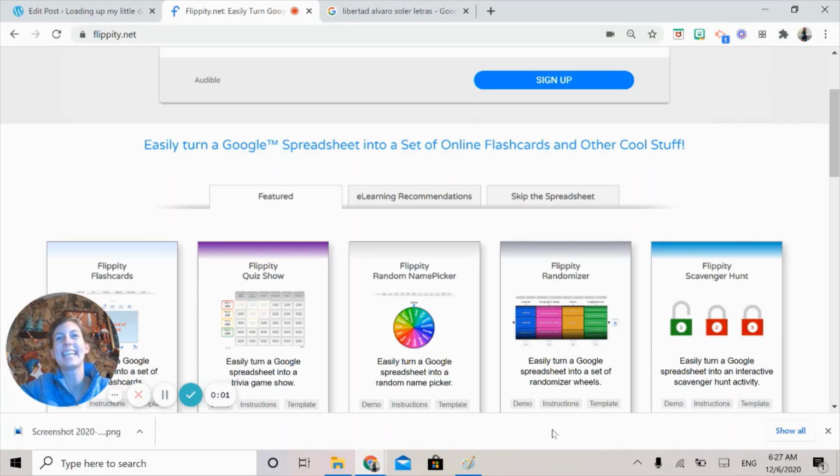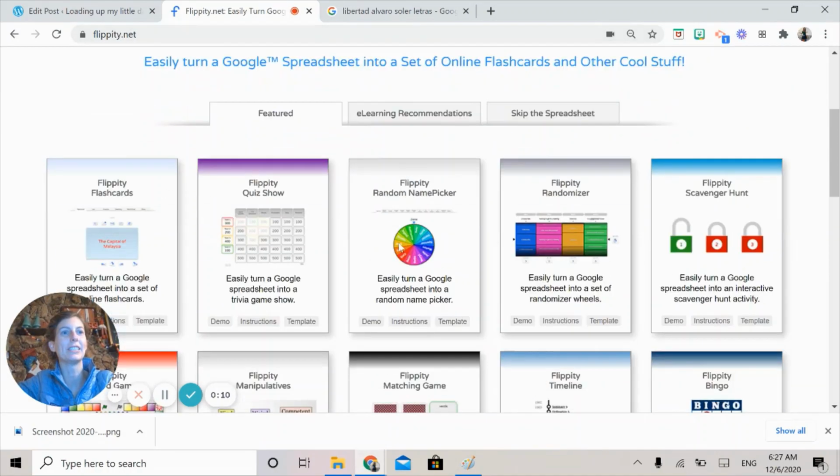Hi there, I'm Anne Marie Chase, and I wanted to walk you through how easy it is to make manipulatives with Flippity.net. So what you'll do is you'll go up here to Flippity, and you'll see there are a lot